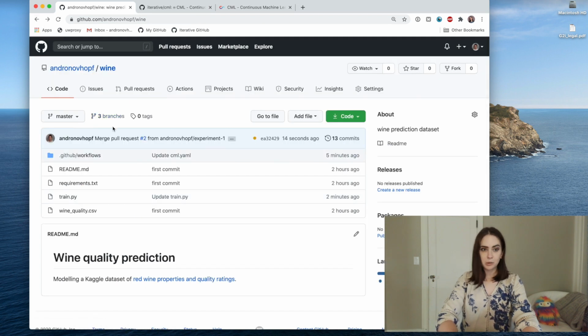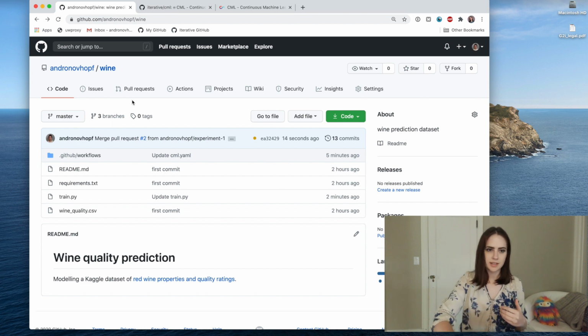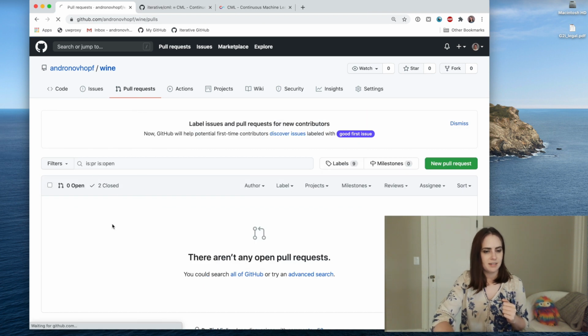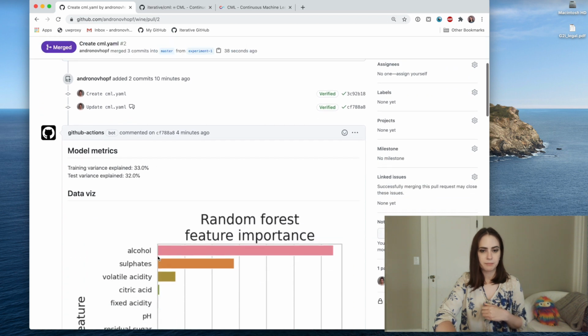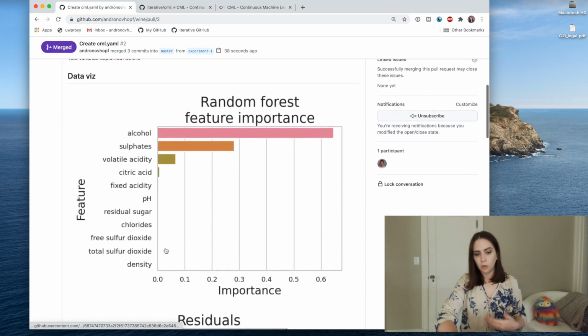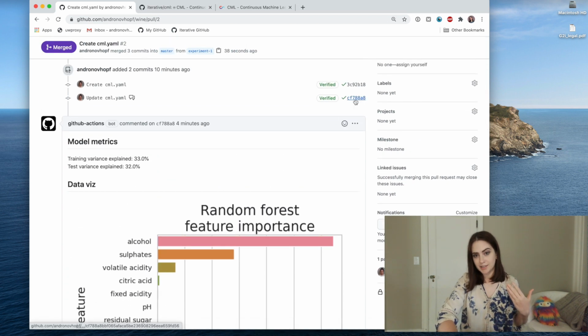And I think the really cool thing here is that not only now every time we changed our code, we got really fast feedback about what happened. And we got it in an aesthetically pleasing format that is easy for other people on the team to look at, easy to revisit. And if I go back to this pull request that I had closed, anytime I see a report, I can also go back to the commit that created that report. And when I go to this commit,